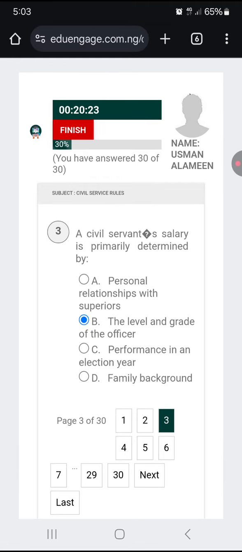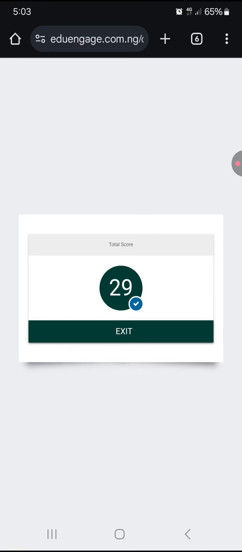So let's say I have reviewed all the questions. I still want to terminate my exam, so I simply click on the finish button like this, and this has terminated my exam, showing me my scores. Out of 30, I scored 29. So we are not saying that the actual exams, they are going to show you your scores after